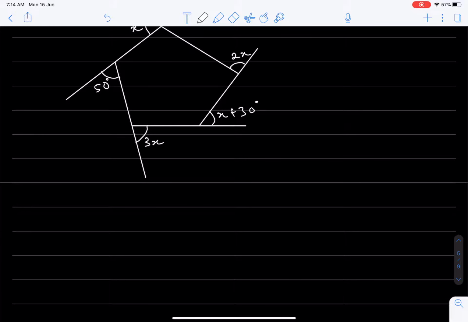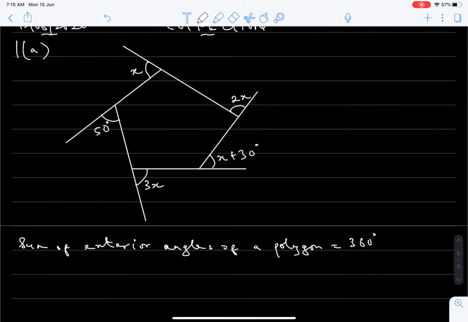So we say the sum of exterior angles of a polygon is 360 degrees. So that means when we add all these exterior angles together, we get 360 degrees. That means x plus 2x plus x plus 30 plus 3x plus 50 equals